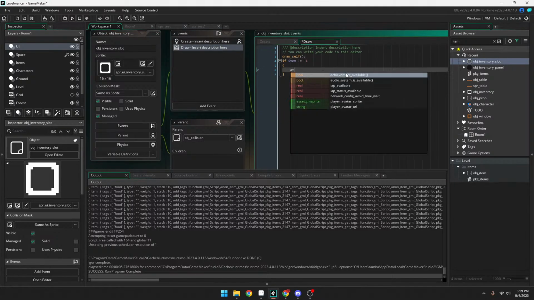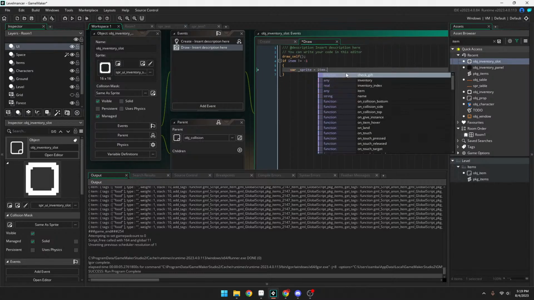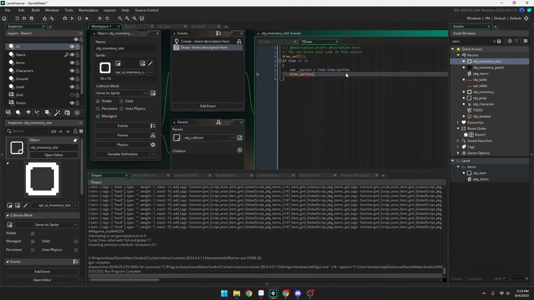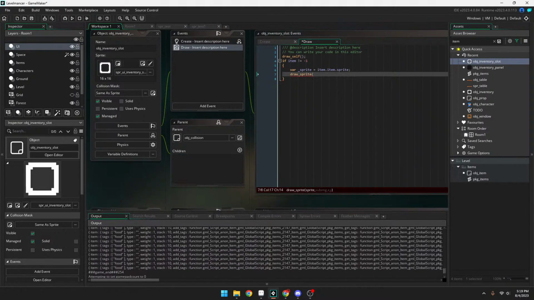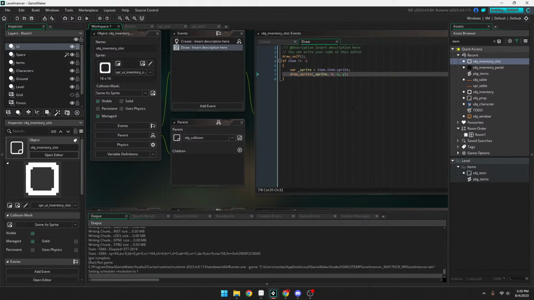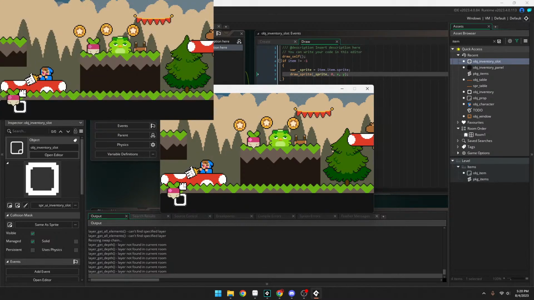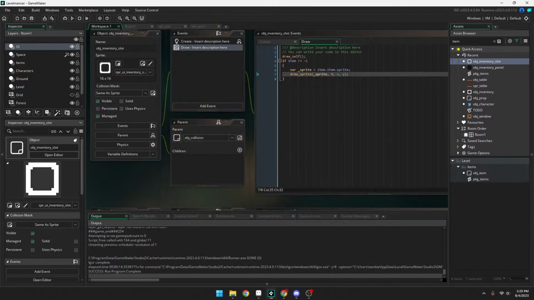Game dev. Var sprite equals item.item.sprite. Draw sprite, sprite 0 x y. There's our radish. So there's proof that there is an object. There's something in the slot here. So